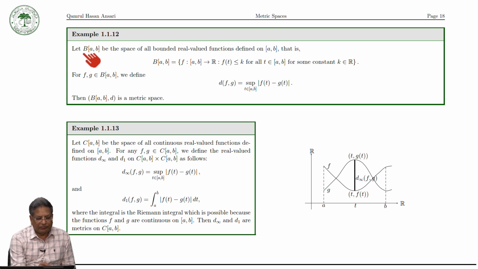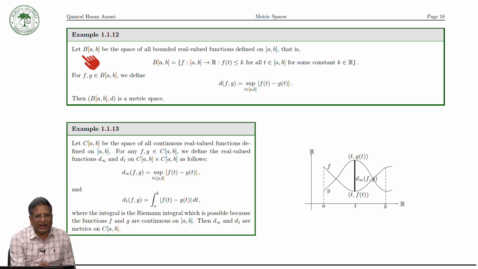We denote B[a,b] the set of all bounded real valued functions defined on the closed interval [a,b]. That is to say, B[a,b] is the set of all real valued functions f from the closed interval [a,b] to R,